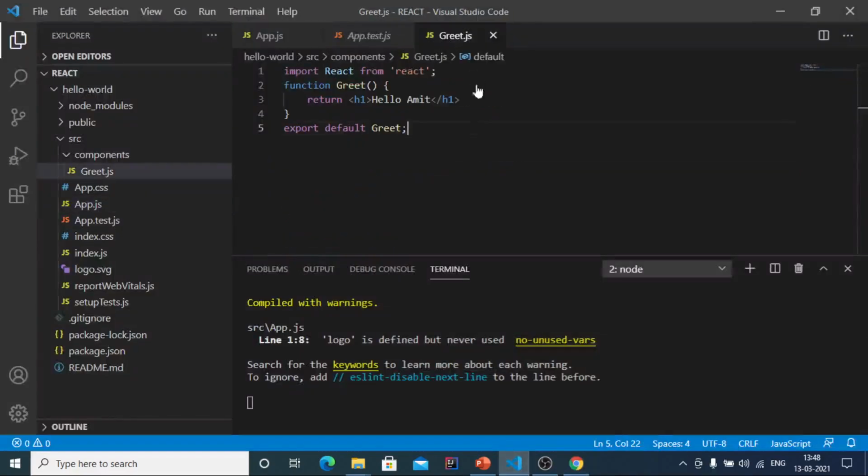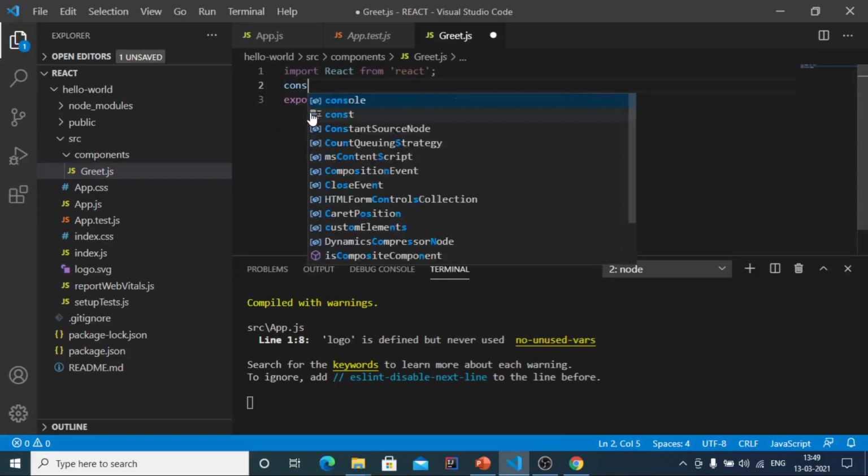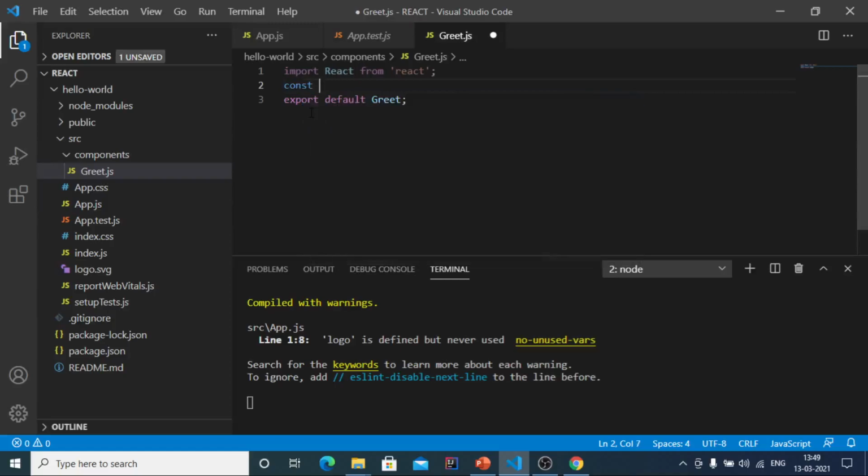Now here we have used the function syntax to create the greet function. There is an alternate way to create this greet function using the fat arrow syntax: const greet equal to empty parenthesis, fat arrow, which returns an h1 tag which says Hello Amit.